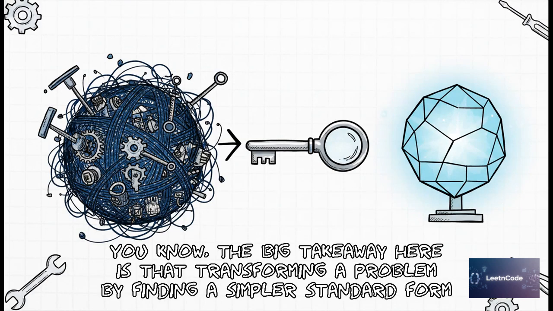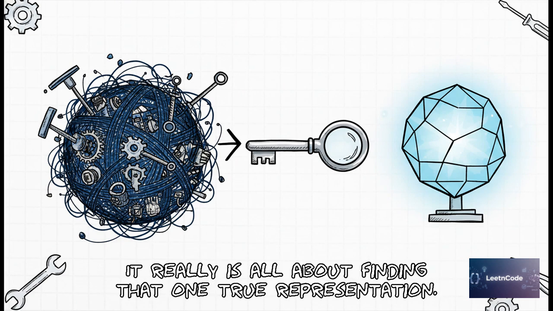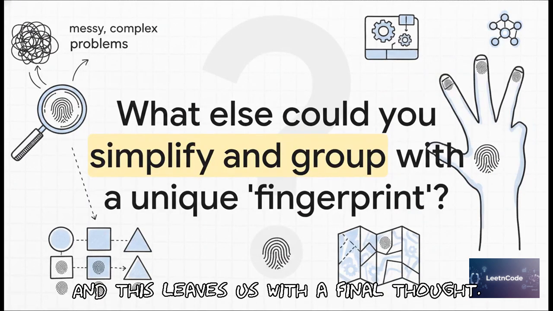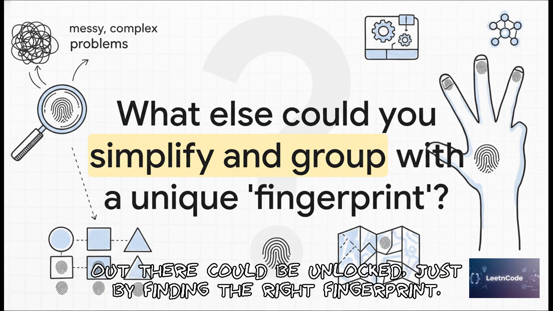You know, the big takeaway here is that transforming a problem by finding a simpler standard form is one of the most effective tools you have as a programmer. It really is all about finding that one true representation. And this leaves us with a final thought. Now that you have this powerful pattern in your mind, what other messy, complex problems out there could be unlocked just by finding